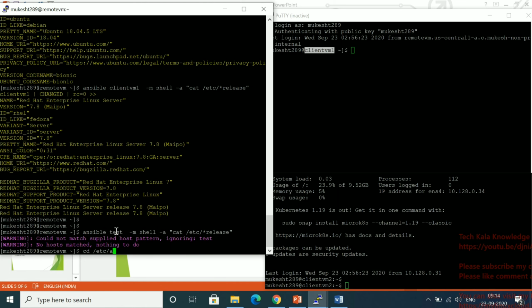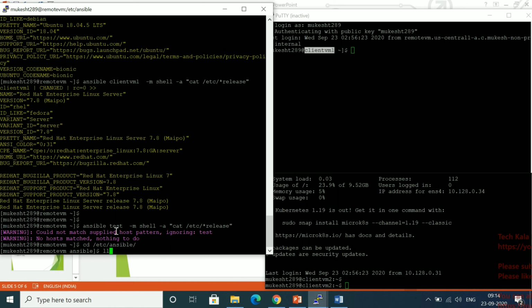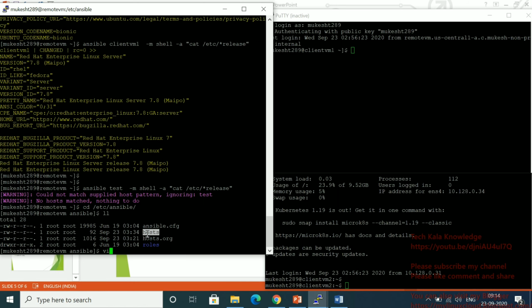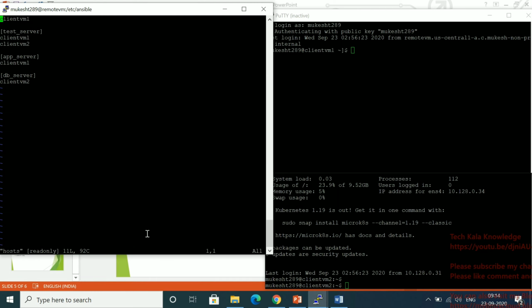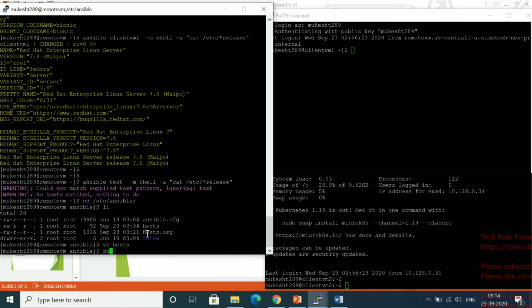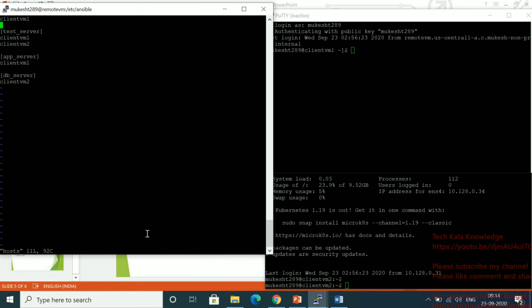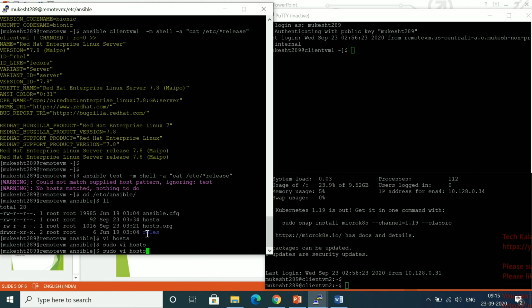cd /etc/ansible, vi hosts. You can see no test entry is here, no test VM is here. So let me edit here. We have to use sudo, because inside the etc directory we need sudo if you're a normal user. So fine. Now here let me add "test". Okay, I don't have a test VM, but I have given a test entry. Now if you run that command now,